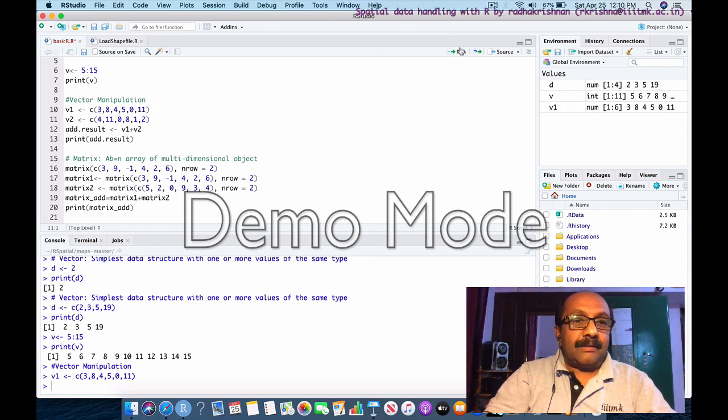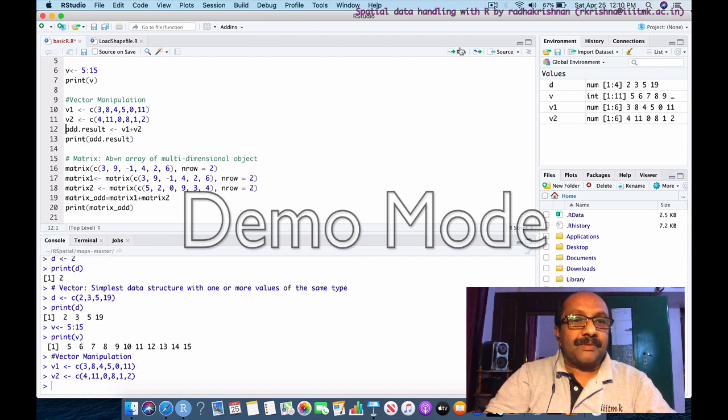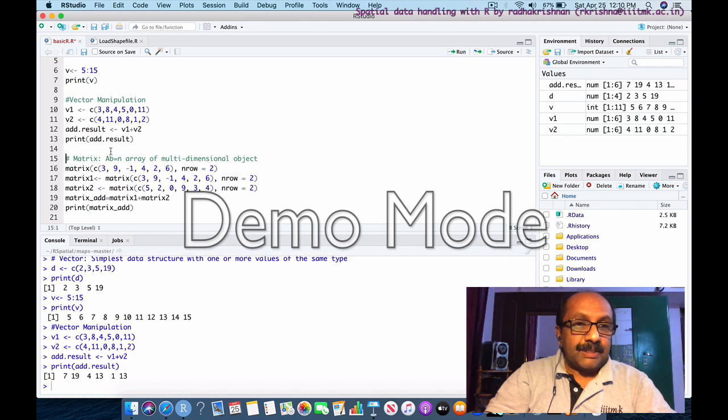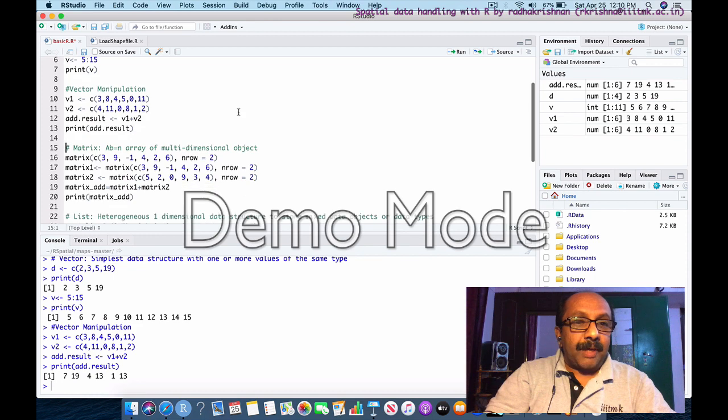And I have another vector with again 6 values but different values. If the number of members are equal in both vectors, I can do mathematical operations. I can add 2 vectors and see the result. So you can see that these are added together. So this is about vector manipulation.